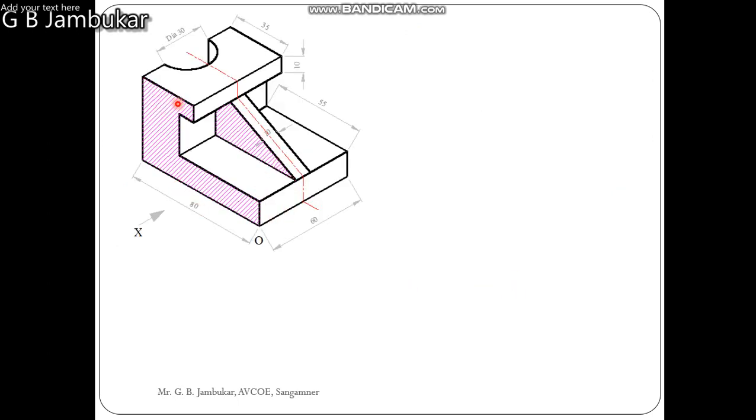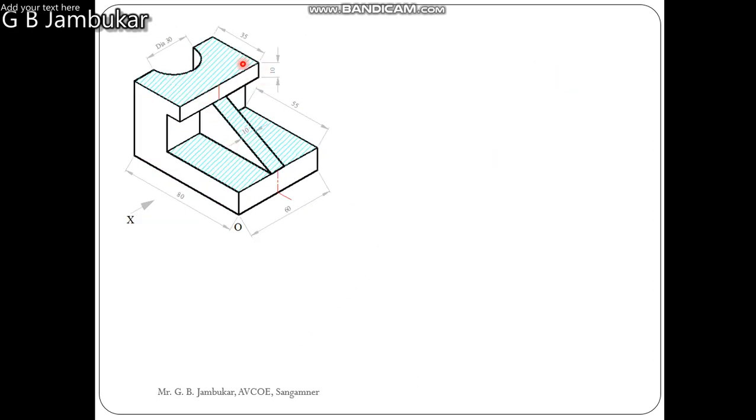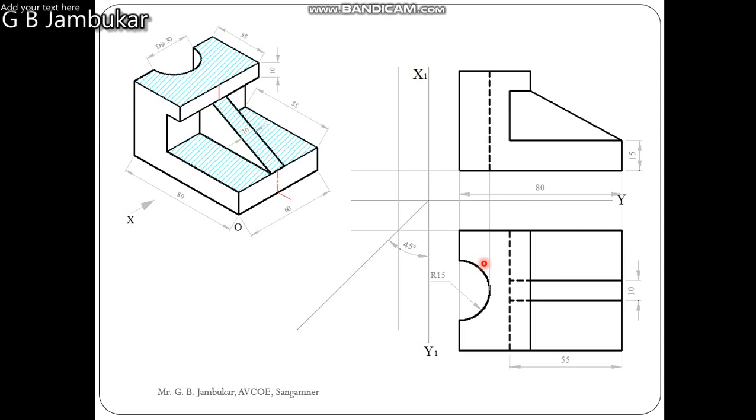Then draw the front view. This L shaped wave is visible along with this rib surface, so front view is shown. Now here I purposely avoided drawing the hatching section line and hidden line, which is due to this hole. I will discuss it next when we draw the top view. So this is the elevation. Now the top view, in the top view we will observe this object. So this is the top view, and due to this circle the projections are taken to draw the